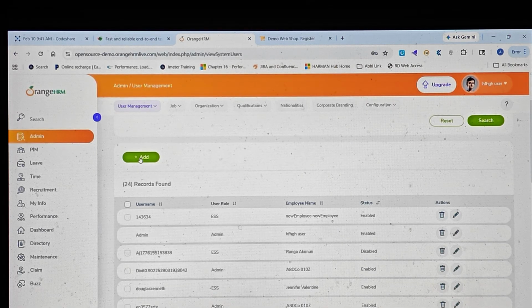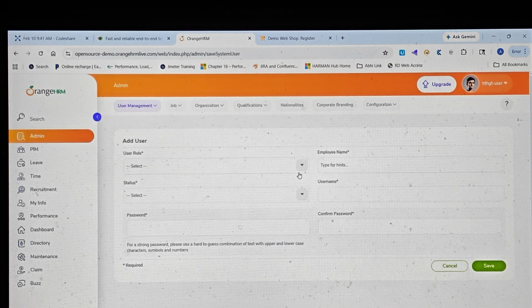Okay, I want to go to the add user. Click on the add user, add button. And this is my requirement. I wanted to